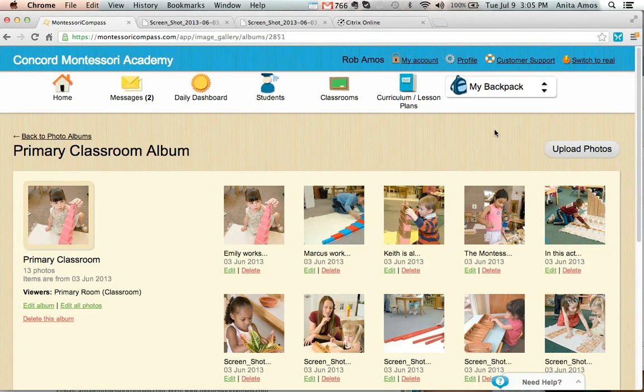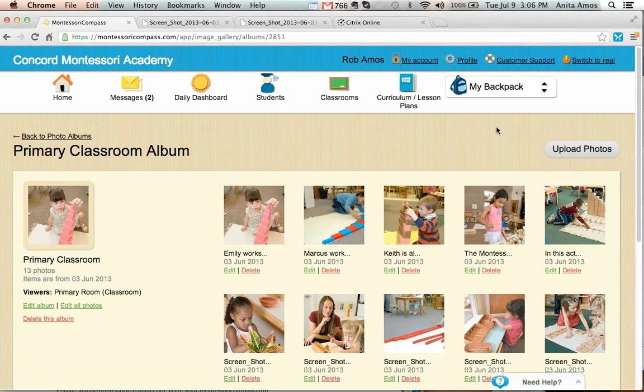A couple of other last questions, Rob. One is, how about drag and drop on a tablet? So a tablet is a mobile device. We support iOS, which is iPads and iPhones, and we support Android, the current versions of Android. Android, just so you know, is a very big platform that's very fragmented, and there are about a bazillion different Android devices out there, and they are not all equal because Google enables manufacturers to mess around with Android and do different things with it. So therefore, we support the most up-to-date versions of Android.